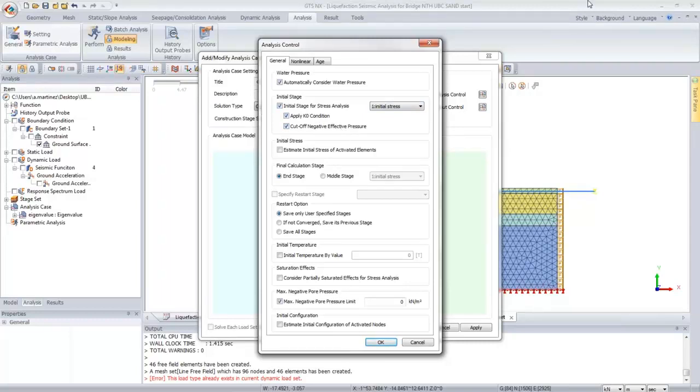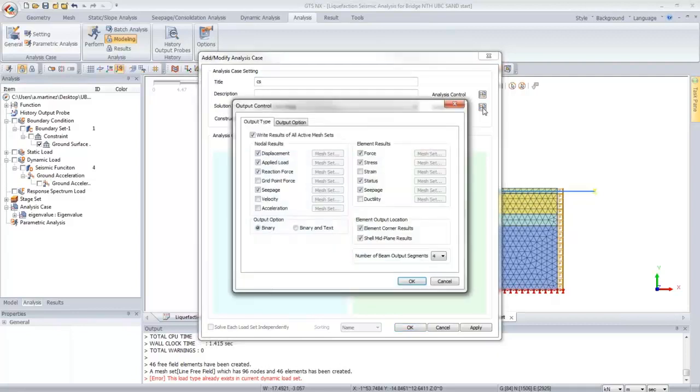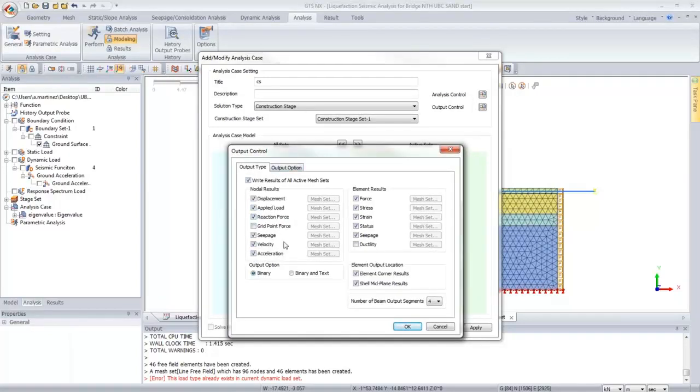So the benefit of doing this by construction stages is that we have more control in the initial stresses at stage 1, including, if you're going to apply some sort of static load initial condition that is going to be considered, then it's best, or we recommend that you do it by stages. If you don't need to consider that, then you can just run a straight time history analysis. Other thing you can also control is if you want to include other results. By default, the velocity and acceleration results are turned off, as well as the element strains. So you can just go to output control and directly activate these